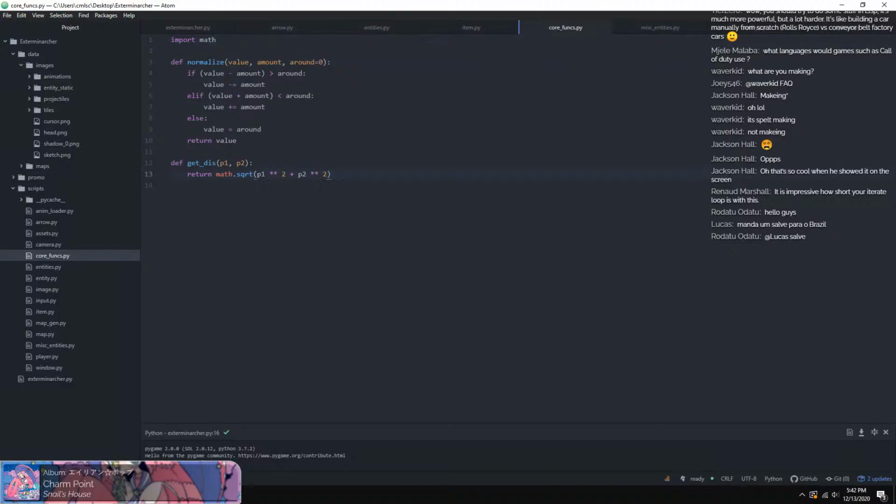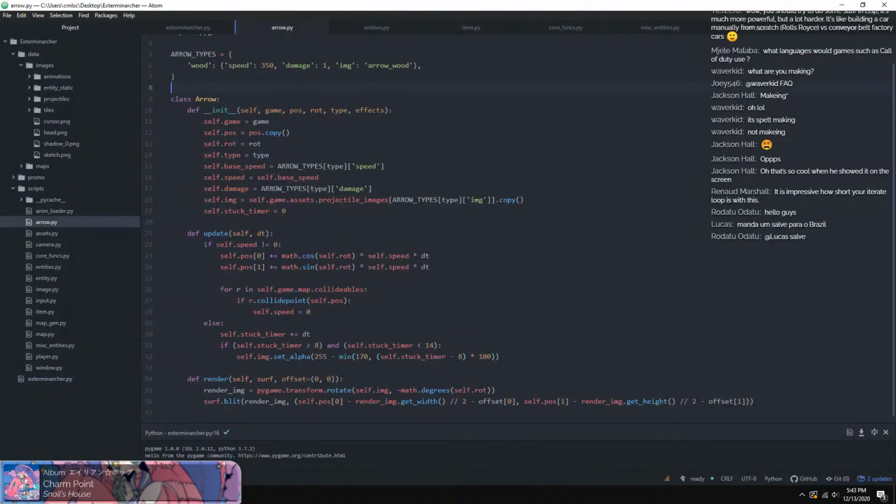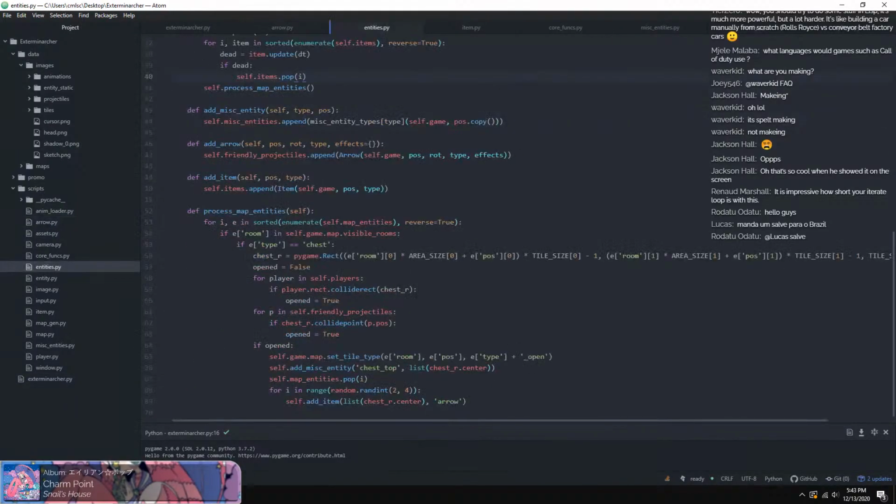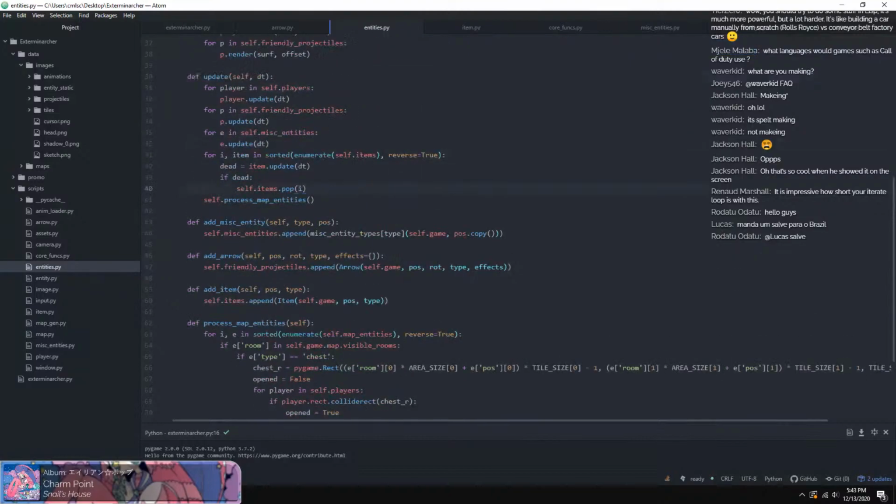Oh wait, no, that's not how it works. It's P1 0 minus P2 0, and P1 1 minus P2 1. Alright, so now